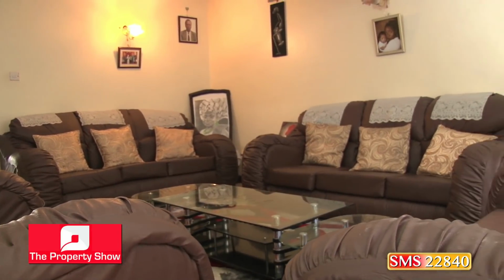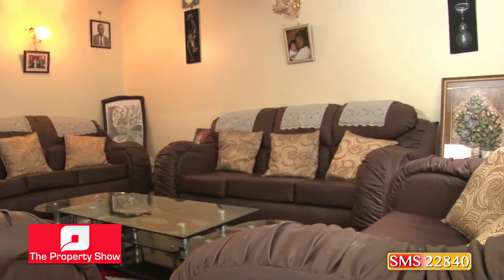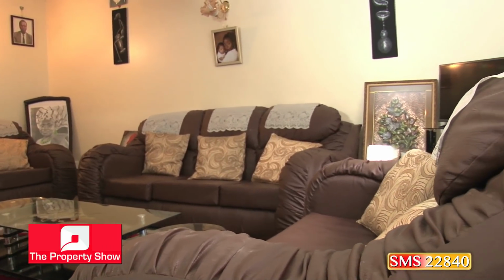They were asking for 20% deposit, and the houses were going for 4,950,000. I wanted to sell the Komarok house at 4.8 or 4.9, but the need to get hold of this house just pushed me to sell. To me, I sold it at a throwaway price for